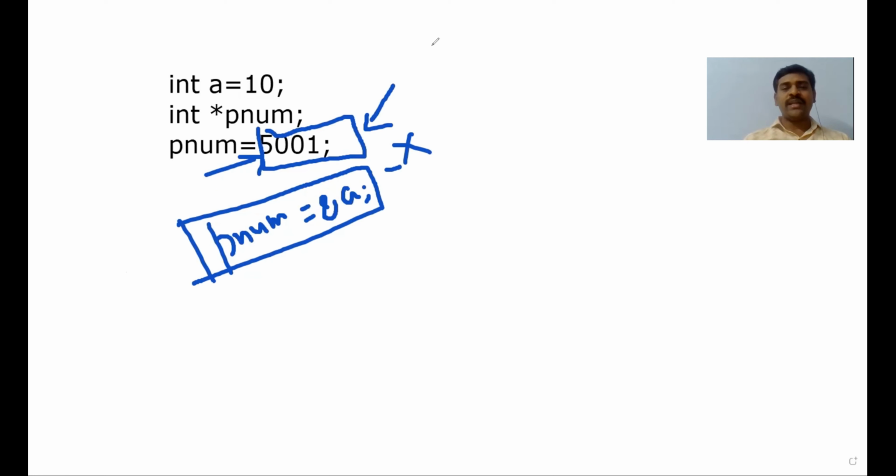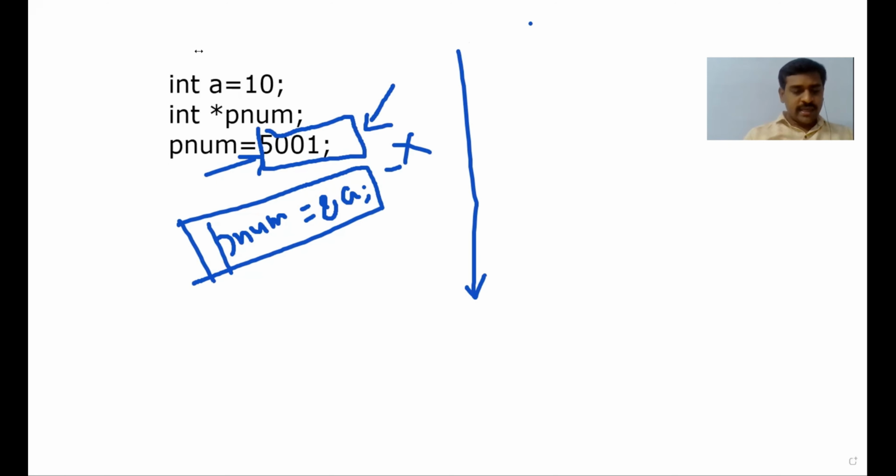In the middle we discussed two operators: the sizeof operator, and the second one, the address of operator. Now we are going to see how to access a variable value by using a pointer.